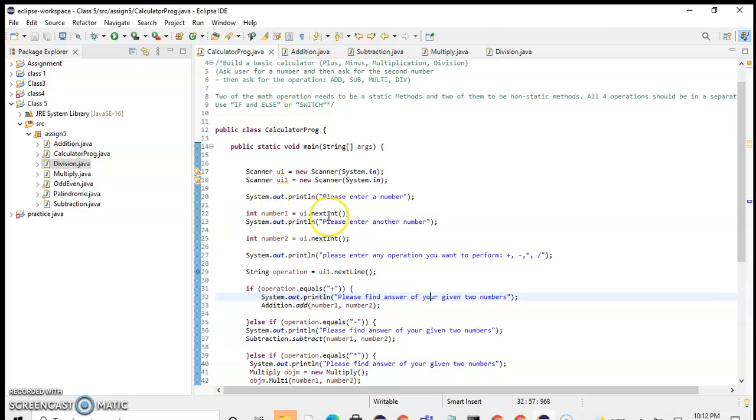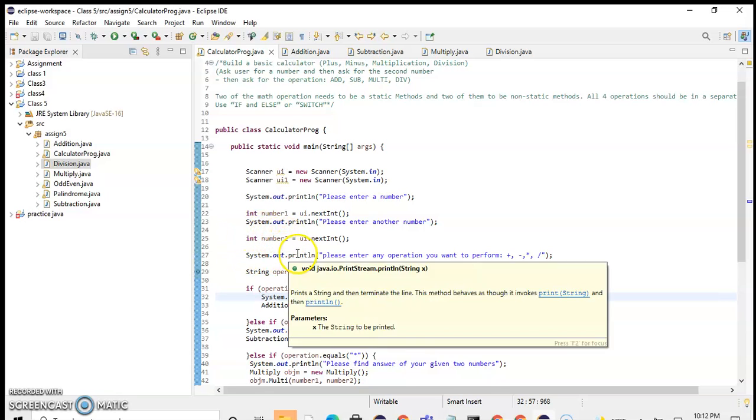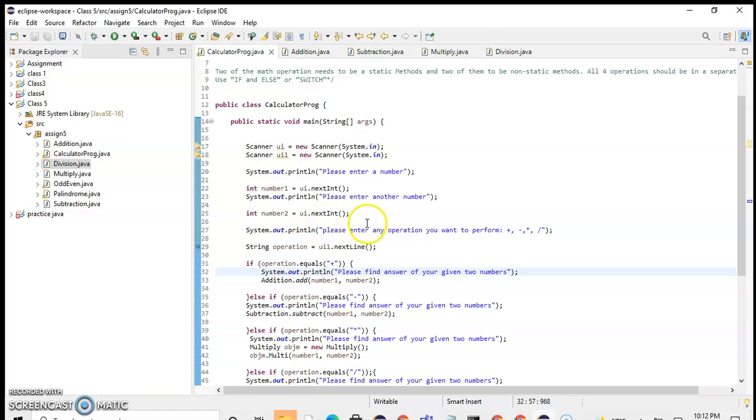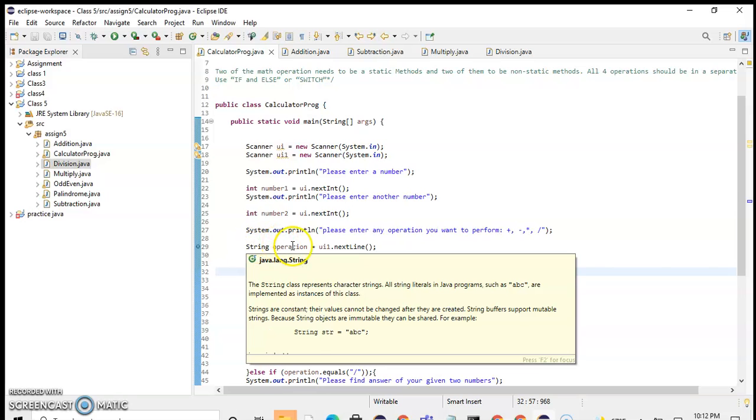Now I'm asking the user to enter another number. That value will be stored in integer number2. Again I have to ask, please enter any operation you want to perform. For this I created a scanner UI1, and that value will be stored in a string operation.